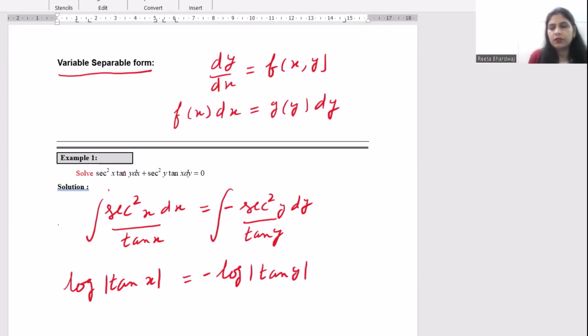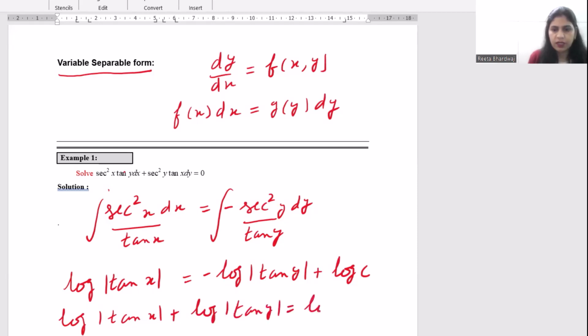We know from integration that we have to add one constant of integration. So here, rather than adding c, we will add log of c, because the first and second terms are logarithmic. That's why we are taking log with the c, so that we can combine the terms easily. So now it can be written as log of tan x plus log of